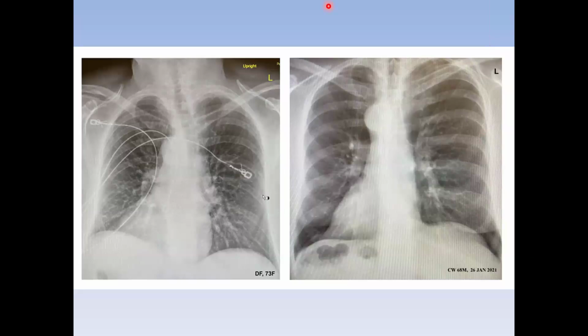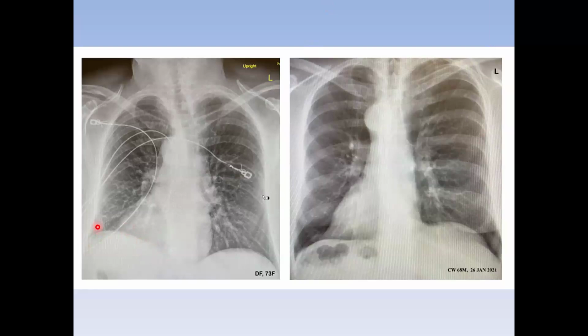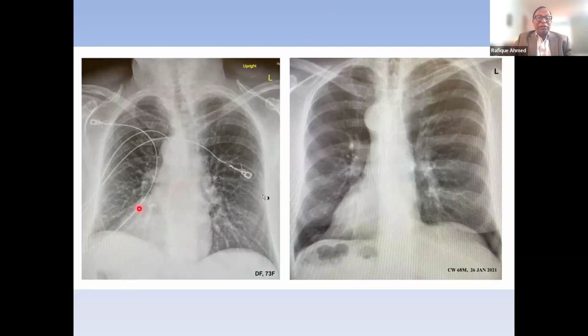The stomach gas shadow. On the right side, it's on the left side. So yes, situs inversus. And the diaphragm. In this one, the right side is elevated; in this one, the left side. So this is total reversal of all the organs. And this is different. Please remember this. I thought it'd be interesting to show this to you. I got this one a long time ago. This one I got just recently. So I thought I'd put both of them together.